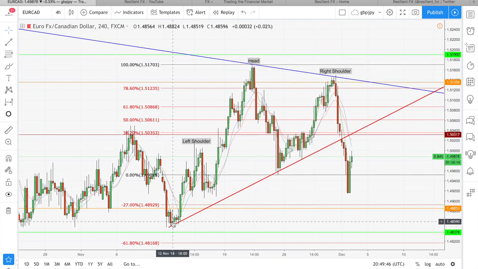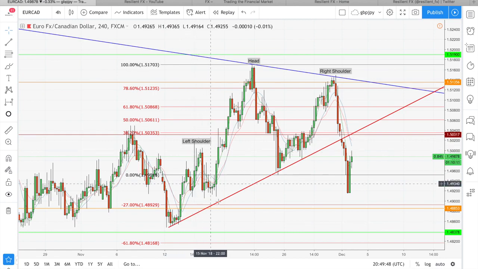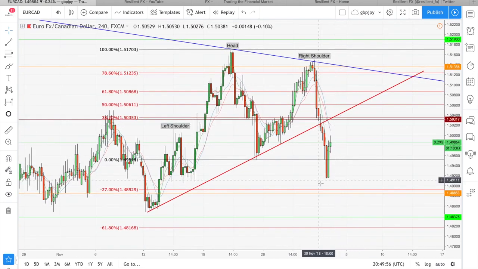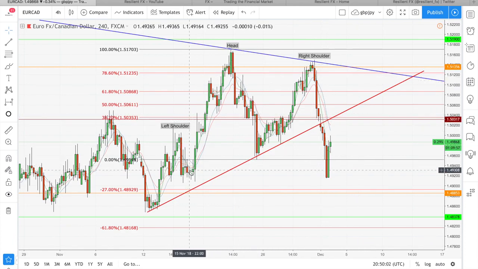So it came down, went up to create the left shoulder, back down, back up to create the head, back down to retest the neckline, back up for the right shoulder, and now as you can see we have seen a break of the neckline, which is as expected for a heads and shoulders formation. This is a key confirmation, and with the break of the trend line as well, we also took the short,